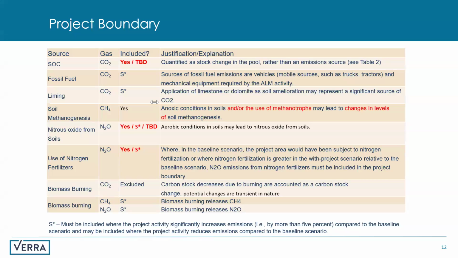And then a few other options there that we're going to be studying. Down the bottom, biomass burning. We will continue to study whether it's appropriate to include crediting for avoided burning of rice stubble. That's a practice which is still prevalent in many rice growing regions around the world. So we're exploring providing an accounting mechanism to issue credits for reduced biomass burning. So I think we can move to the next slide, please.